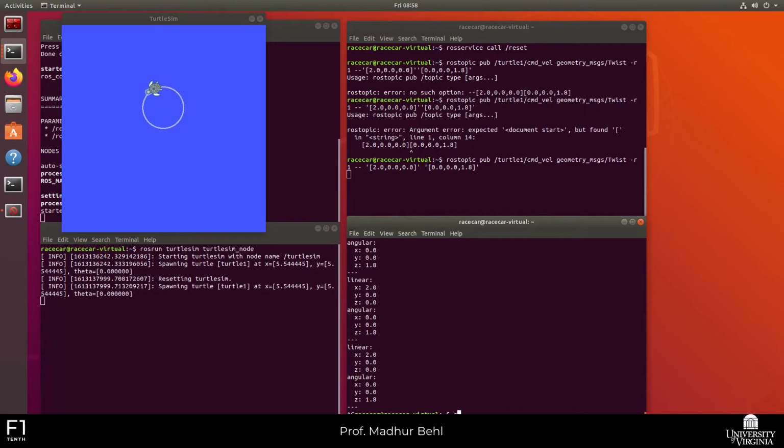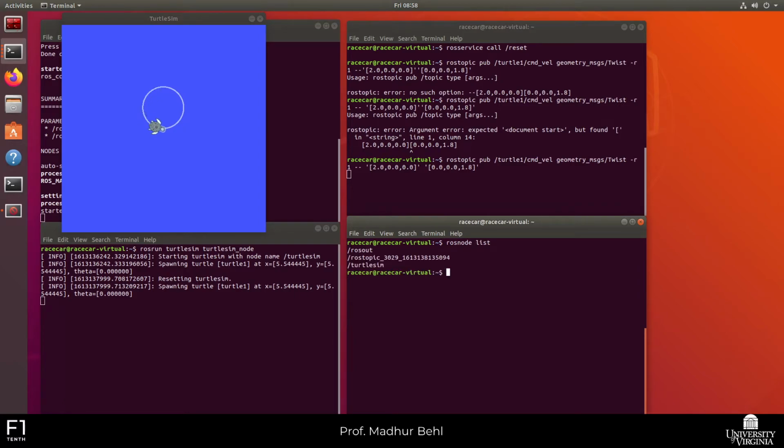So if I make some space, let's revisit ros node list. So see what is happening, right? Earlier we just had Turtlesim and a logging node, but now there is a new node called ros topic with some pseudo-random number sequence appended to the name. And this is actually this session, right? So this terminal execution process right here. Because this ros topic pub has internally created some node with some random name,